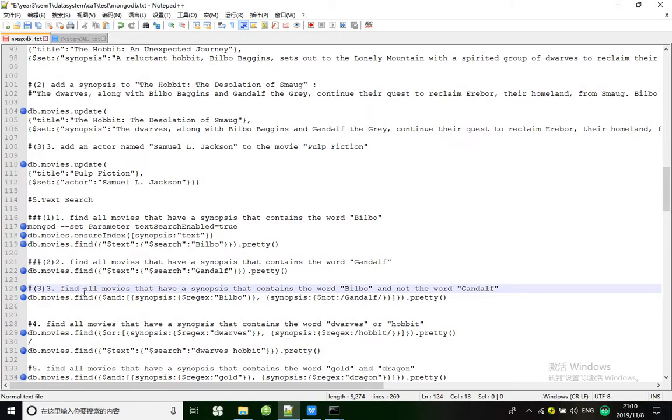I have got some mistakes in the screen catch in MongoDB. Here is question 5, the point 3 question. It will find some movies which have the backbone but do not have Gandalf. So for MongoDB, it will catch